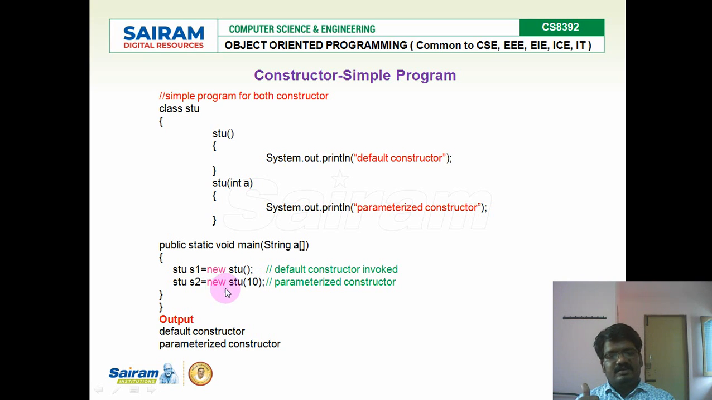So while executing this program, for the S1 object, this constructor will be called automatically. So the default constructor text will be displayed. Thereafter, for the second object, the parameterized constructor will be invoked and the parameterized constructor text will be displayed. So now we have an idea about what is constructor, what is default constructor,